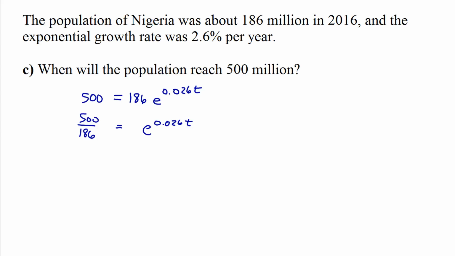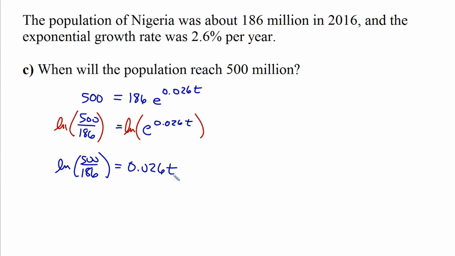0.026t. Next, to get t out of the exponent, we'll take the natural log of both sides. So we have the natural log of 500 over 186 is equal to the natural log of e to the 0.026t. On the left, we still have the natural log of 500 over 186. I'm not going to put these values in my calculator until t is isolated. On the right-hand side, taking the natural log of the exponential base e cancels each other, leaving us with just